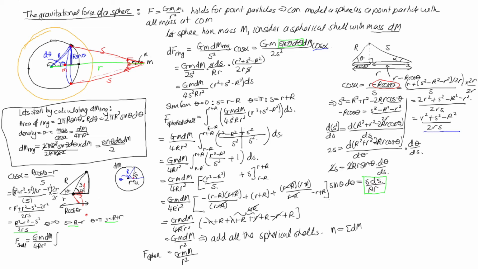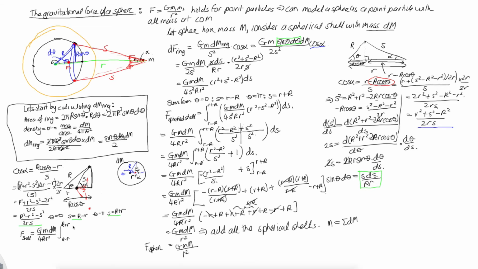Now my limits are different, so I've got big R minus little r, and I've got big R plus little r, and then I've got my big R squared minus little r squared over s squared. That's this one, and then this one I've got a minus s squared on s squared, so minus s squared on s squared